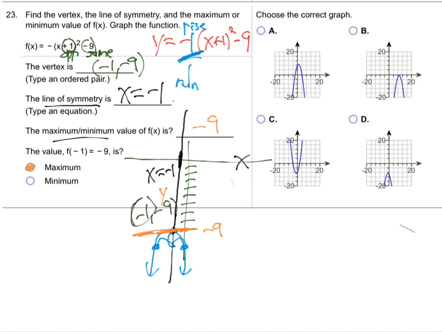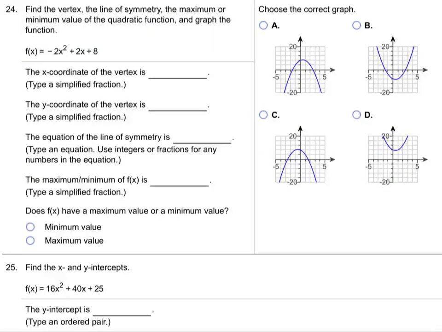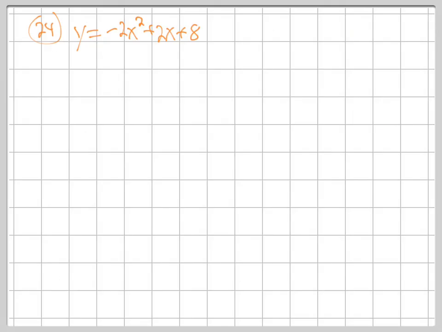And which one is the right graph? Looks like D. It's that one. There we go. Okay, number 24, they want me to find the vertex and graph it and do everything. Okay, this is Y in the front, right? So here I rewrote it. Now notice,